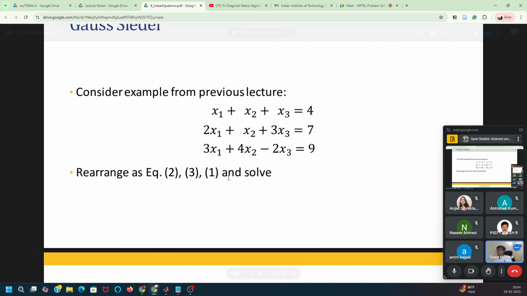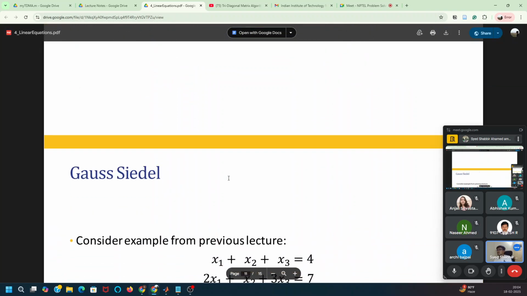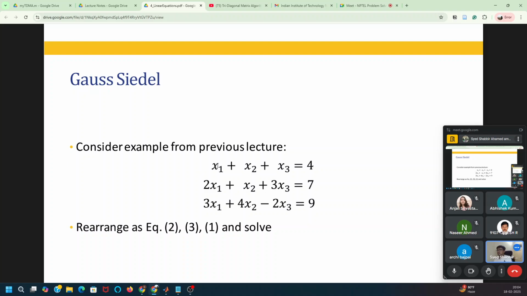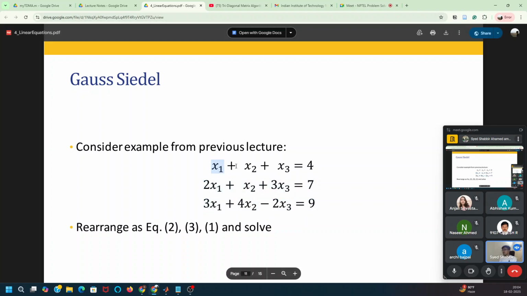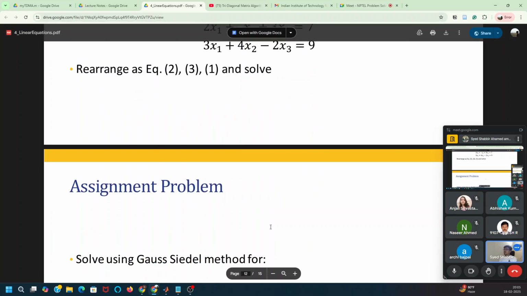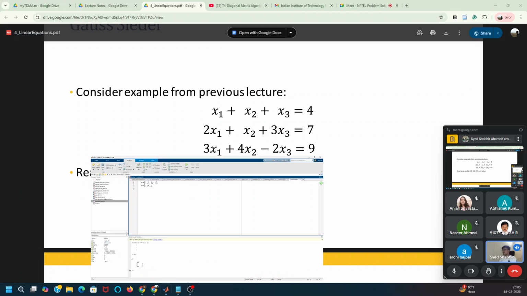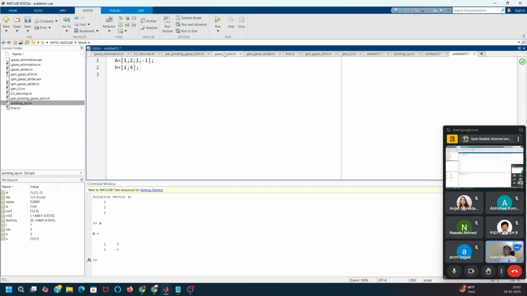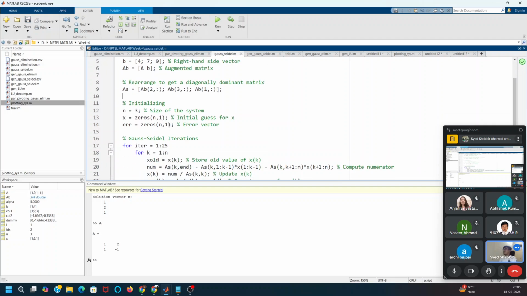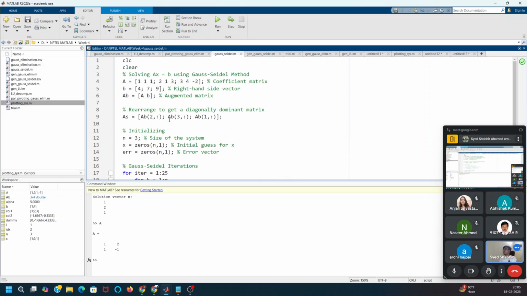This example was discussed in the class in the module, in which the professor told us to rearrange the equations: you take equation two as the first equation, three as the second equation, and one as the third equation, and you solve it. And let's see, where is that? Yeah. So if I solve it,